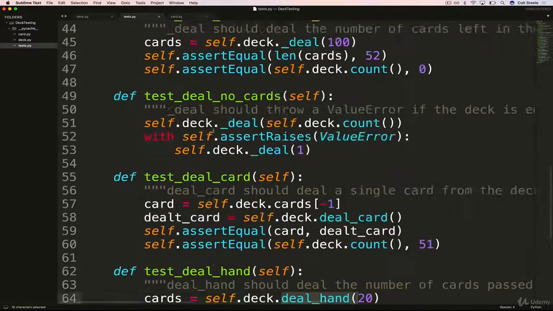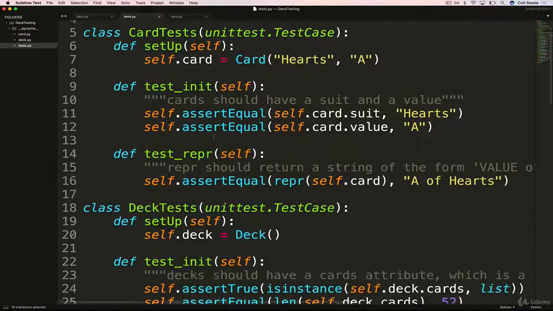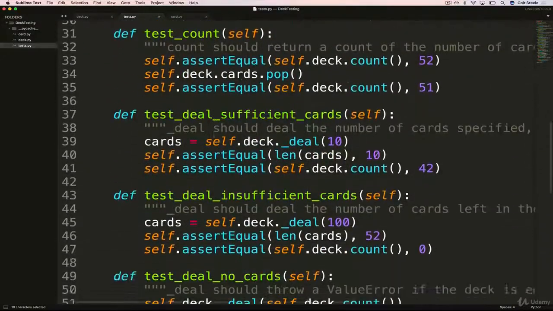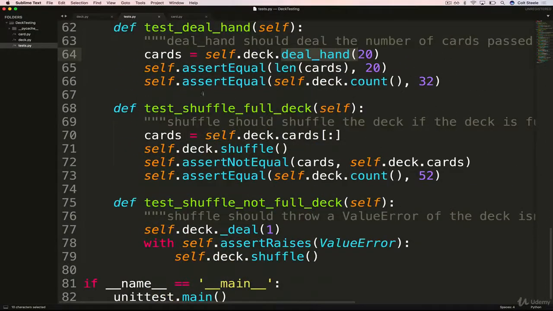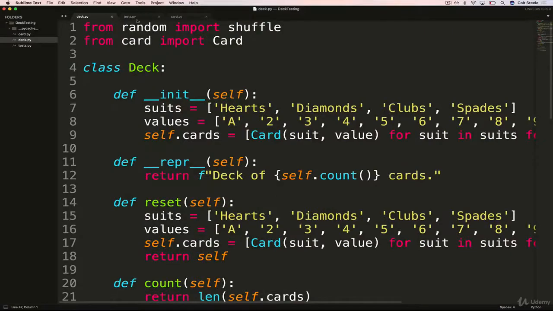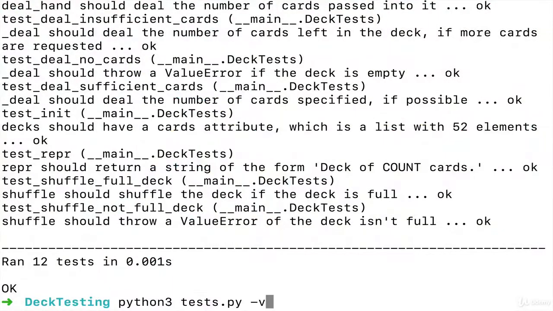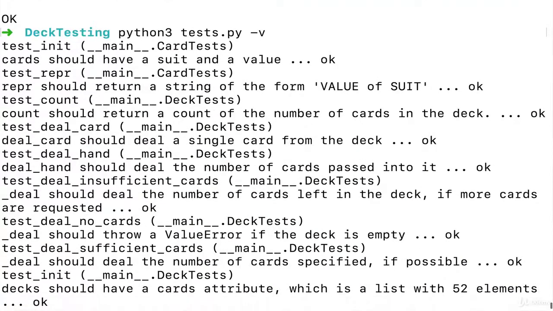Anyway, I guess I just flashed my entire solution. If you want to just take a look, this is really more about the process of writing the tests. So there's a lot here. If you want to be thorough, the actual assignment is to have full coverage for each method on deck and on card. Give it a shot, and then we'll just walk through my solution. And lastly, I'll show you if I run them, you can see 12 tests I have, or 12 test functions that are passing, and they all have nice little comments and messages.